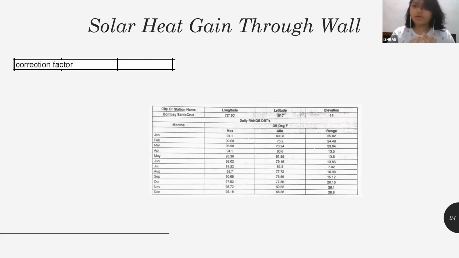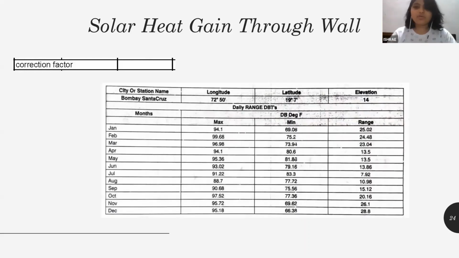You just have to go through section 1, and you will get all these charts there. There is nothing to be worried about. So if you don't find the chart number or the table number, just go to the ISHRAE handbook. You will find it there. So this is for Mumbai region. Here is the name written, Bombay Santa Cruz. Now for Bombay Santa Cruz, as you can see, there is a range written here for all the months from Jan to December. So what I've done is I've added all the 12 months' ranges, and I've taken an average. So I got 18.54.